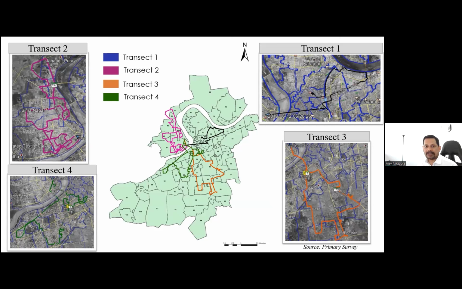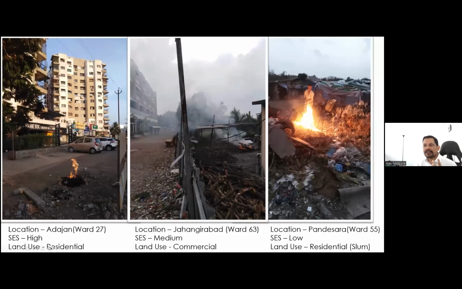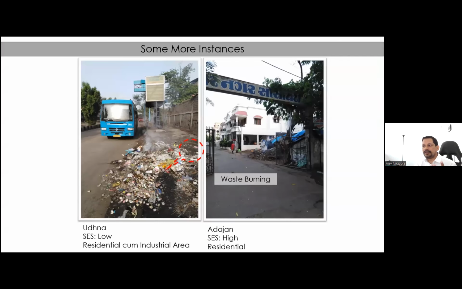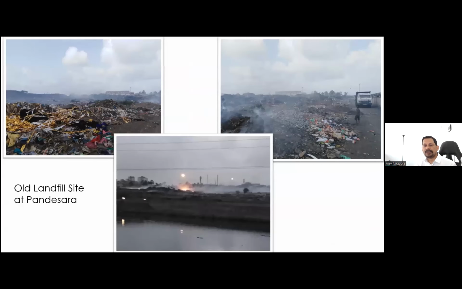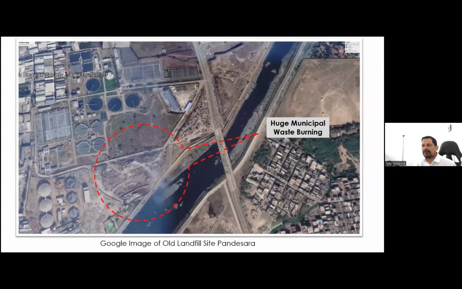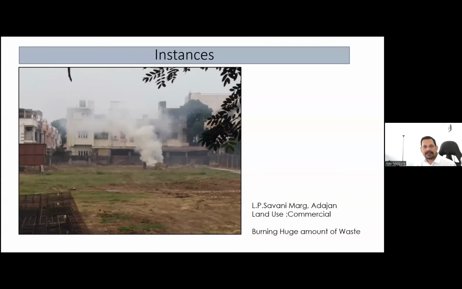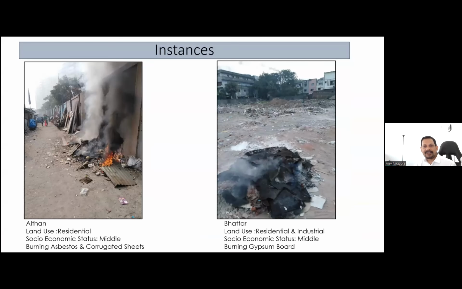In this transit method, you simply walk on the city roads and streets, and record the number of burning incidents on both sides of the road at the different neighborhood levels. We did this for Surat city, and we were able to identify the waste burning hotspots in the different types of neighborhoods, and we were able to estimate the waste burning. So this is how we develop the emission inventory. I'll stop here, and I have a lot to present.